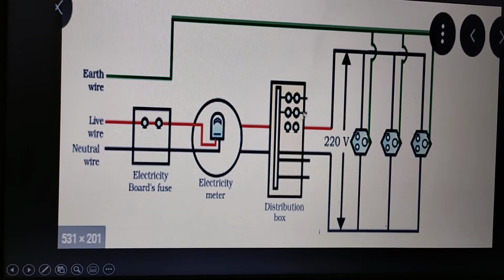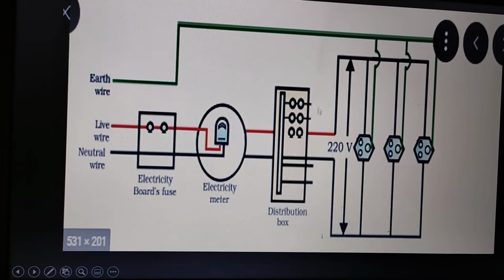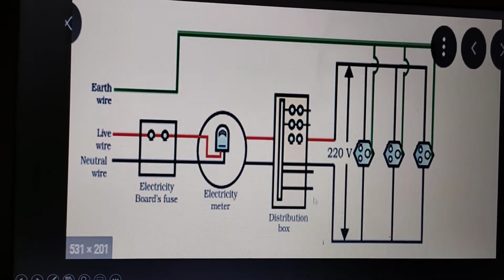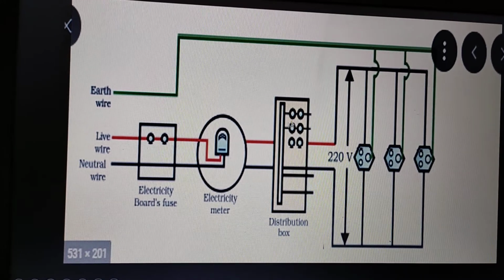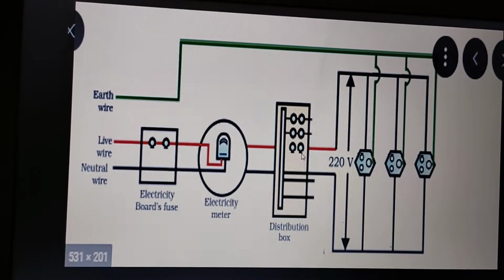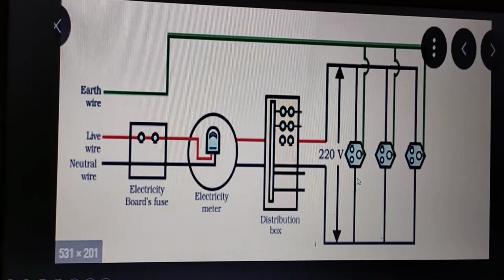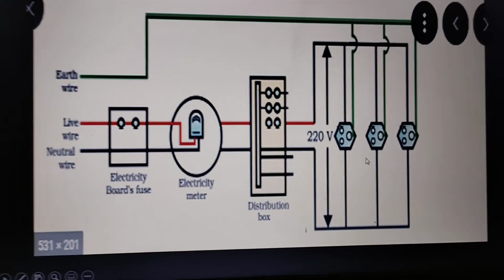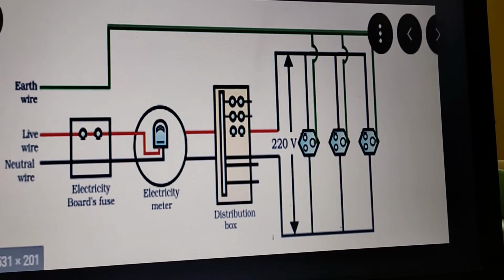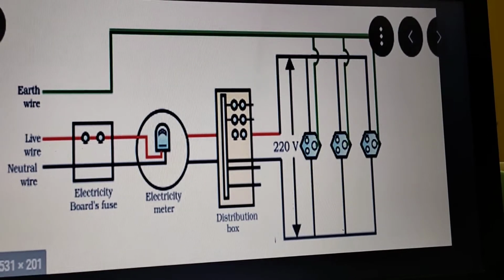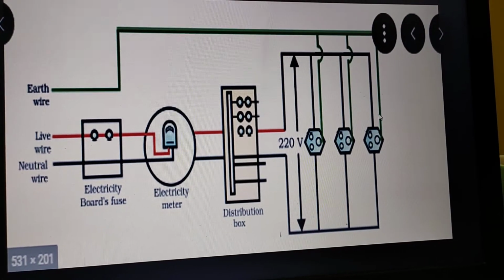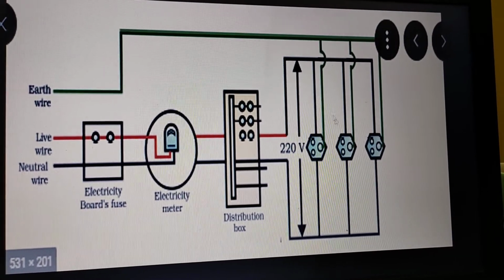That is connected to the distribution box. What is a distribution box? At the entry of your flat or house, you can see there is a square box. Inside that square box, the meter box is present before it, and after that square box, various plug points are connected, or all the appliances get electricity from there. So to protect our heavy appliances, the earth wire is connected to every 3-pin plug. You can see here all the 3-pin plugs are connected to the earth wire. It is basically a 220 volt supply.